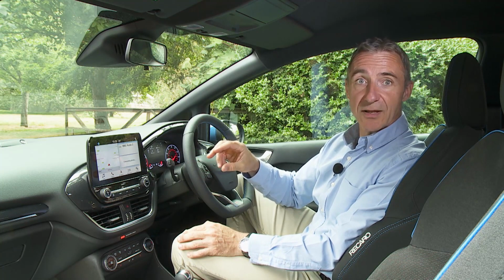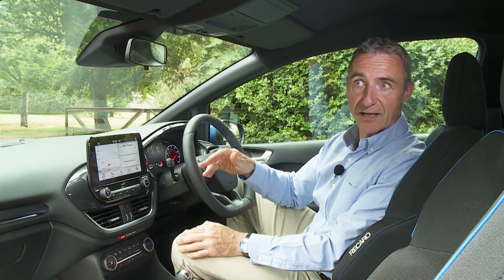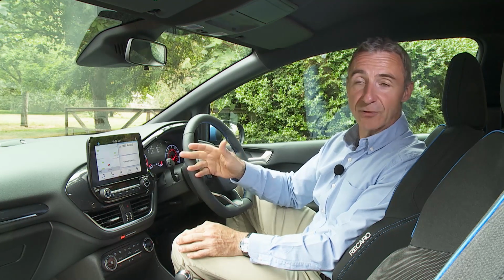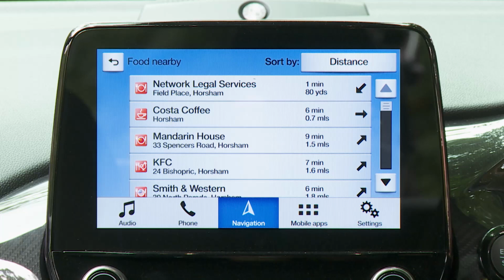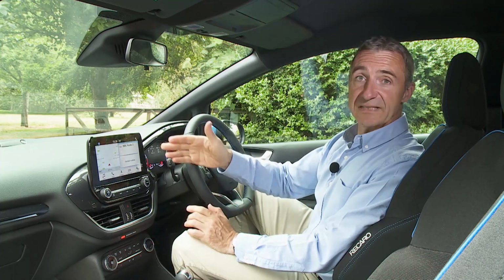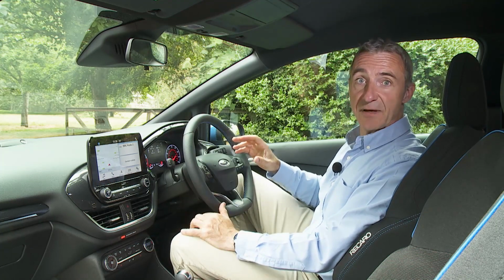Now that will allow you to issue simple one-shot commands. So simply by saying phrases like, "I need a coffee," "I need petrol," or "I need to park," you can easily locate nearby cafes, petrol stations or car parks and find destinations like train stations, airports and hotels. Anything this monitor can't tell you will be covered off by another informative screen, this one in the instrument binnacle,